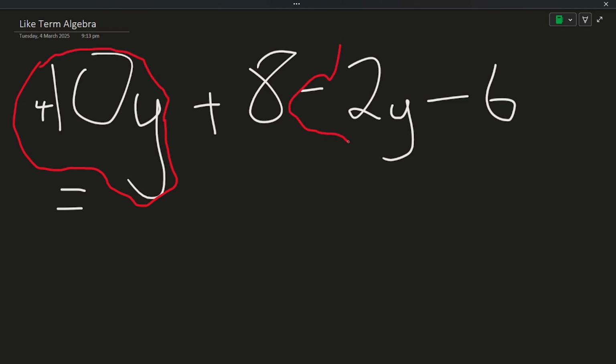And since this also has a y, we're bringing that with the 10. So that will be 10y minus 2y, and the next one is a positive 8